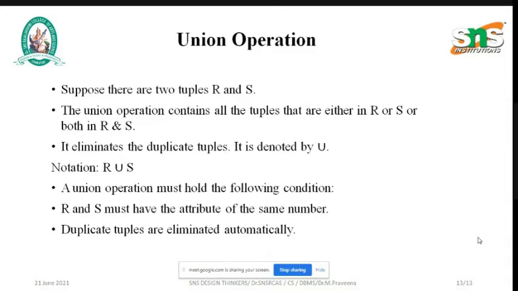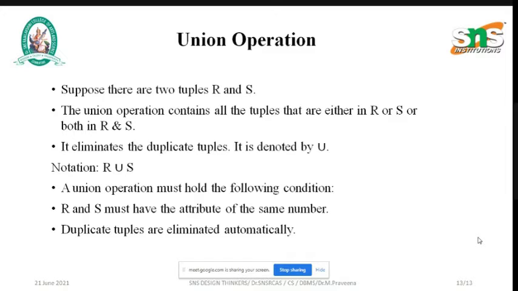It eliminates the duplicate tuples. Both the tables consist of the same name. For example, we are considering two tables. One can be a student database, and the second one is a student mark list. In the student database we may have attributes such as student register number, name, email id, mobile number, address, other number likewise.